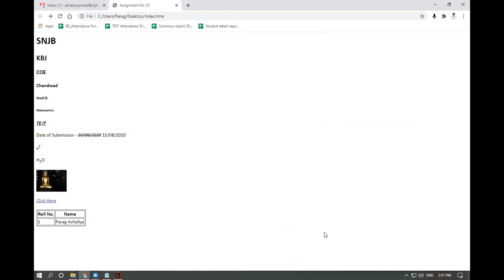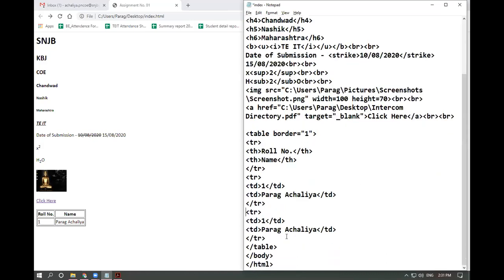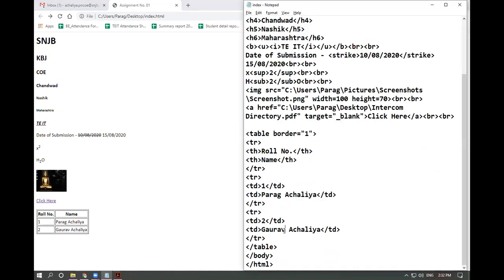Now any record you add after this will be added in your td. It will not be added in your th. Always remember this. Suppose I add one more record like this, roll number 2, and a second name, and refresh it. You can see the table has been added like this.